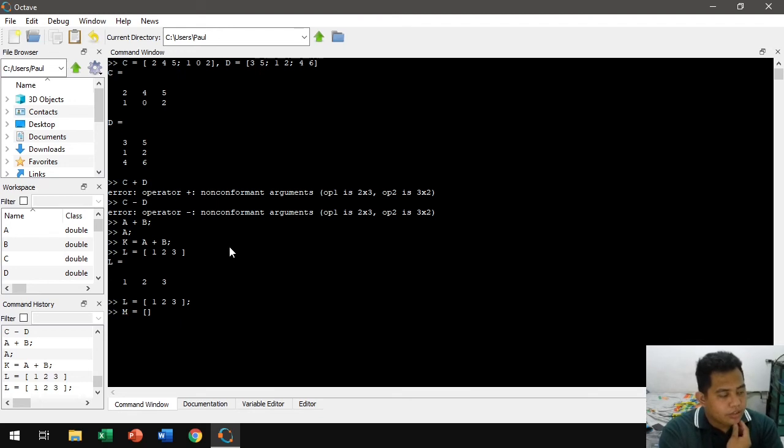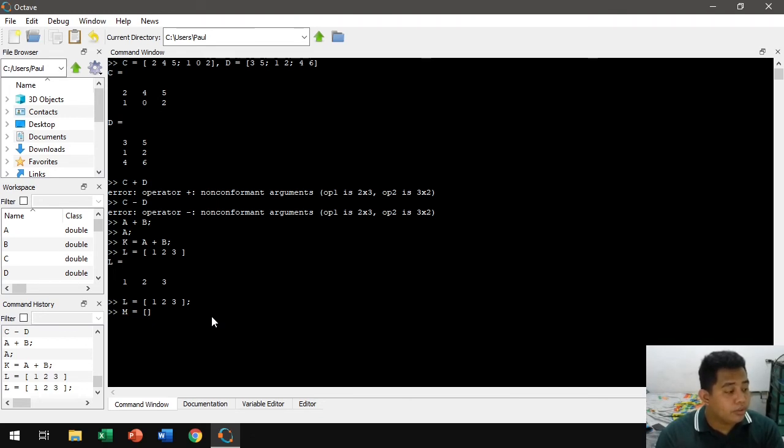A row vector is one row times n columns, see, one row, n columns. So in this case, 1 by 3. One row, 3 columns.